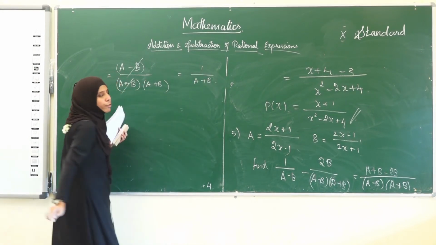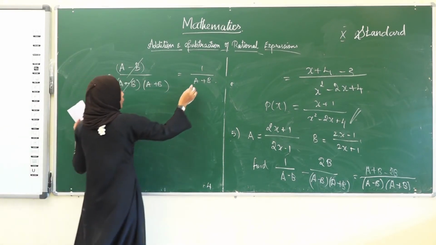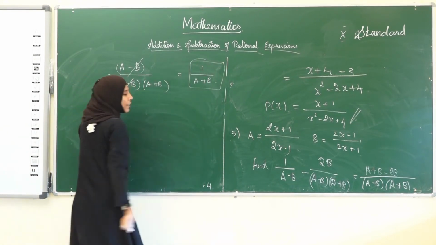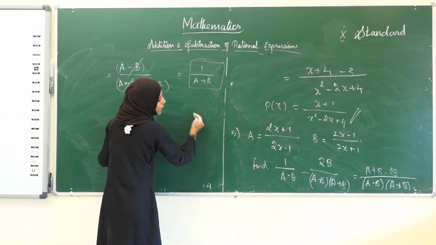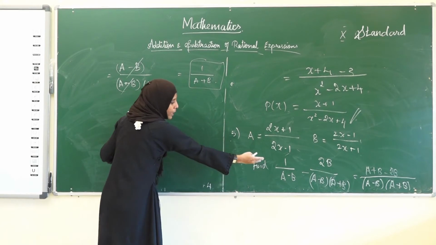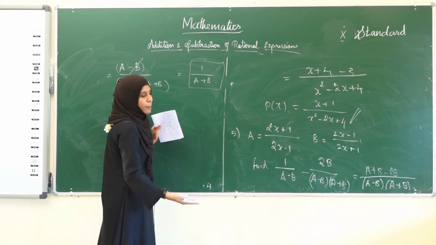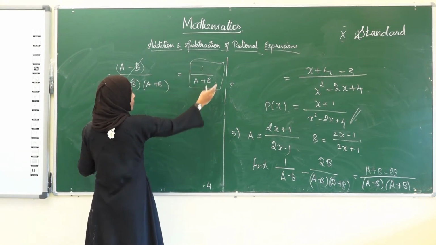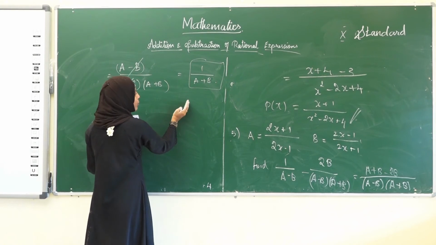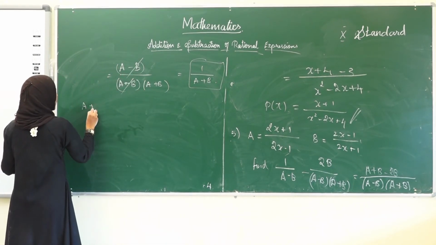That is the reciprocal of the term a plus b. Now we can find a plus b. We have to find this term alone, 1 divided by a plus b alone. Why we have done this is, it would be more difficult for us to find 1 divided by a minus b minus 2b divided by a minus b into a plus b. For finding this it would be very difficult. Therefore, we are solving this. So the reduced form is 1 divided by a plus b. Therefore it is enough if we find this alone. So first find a plus b.